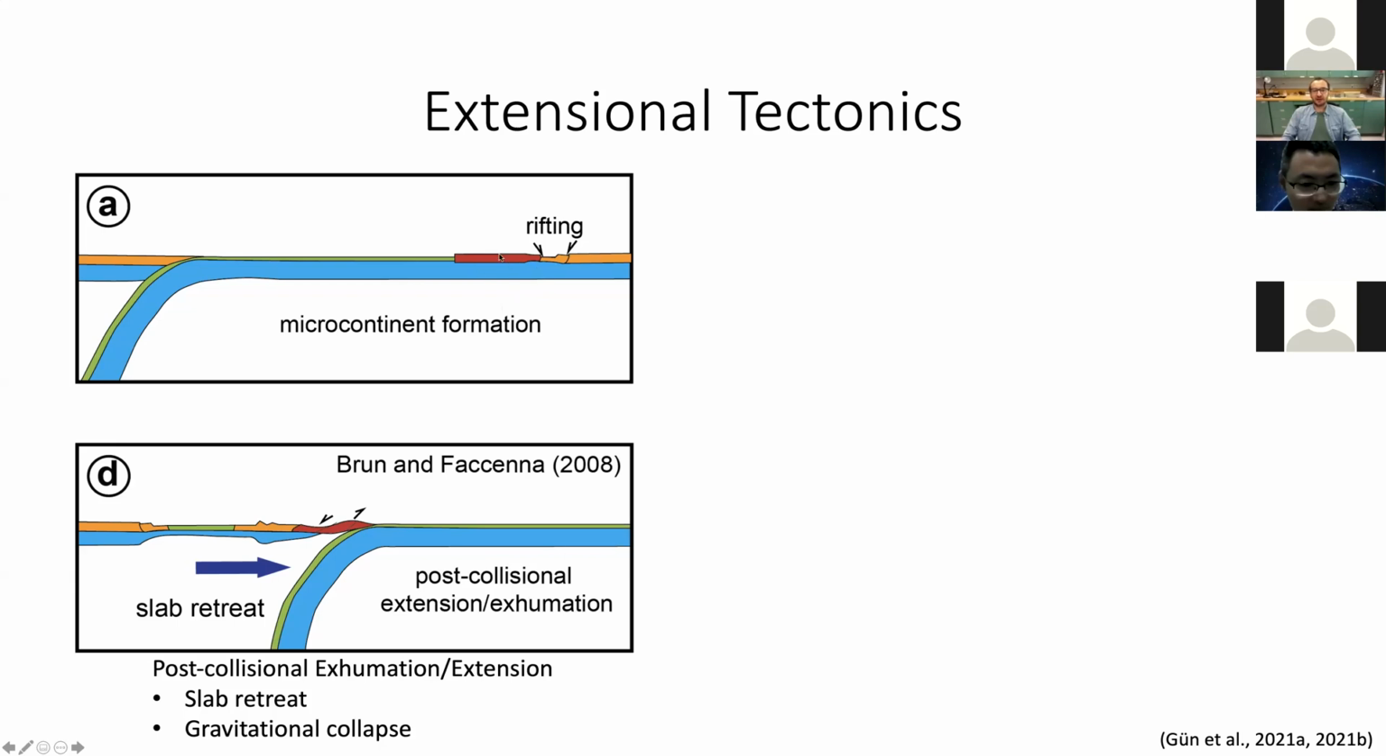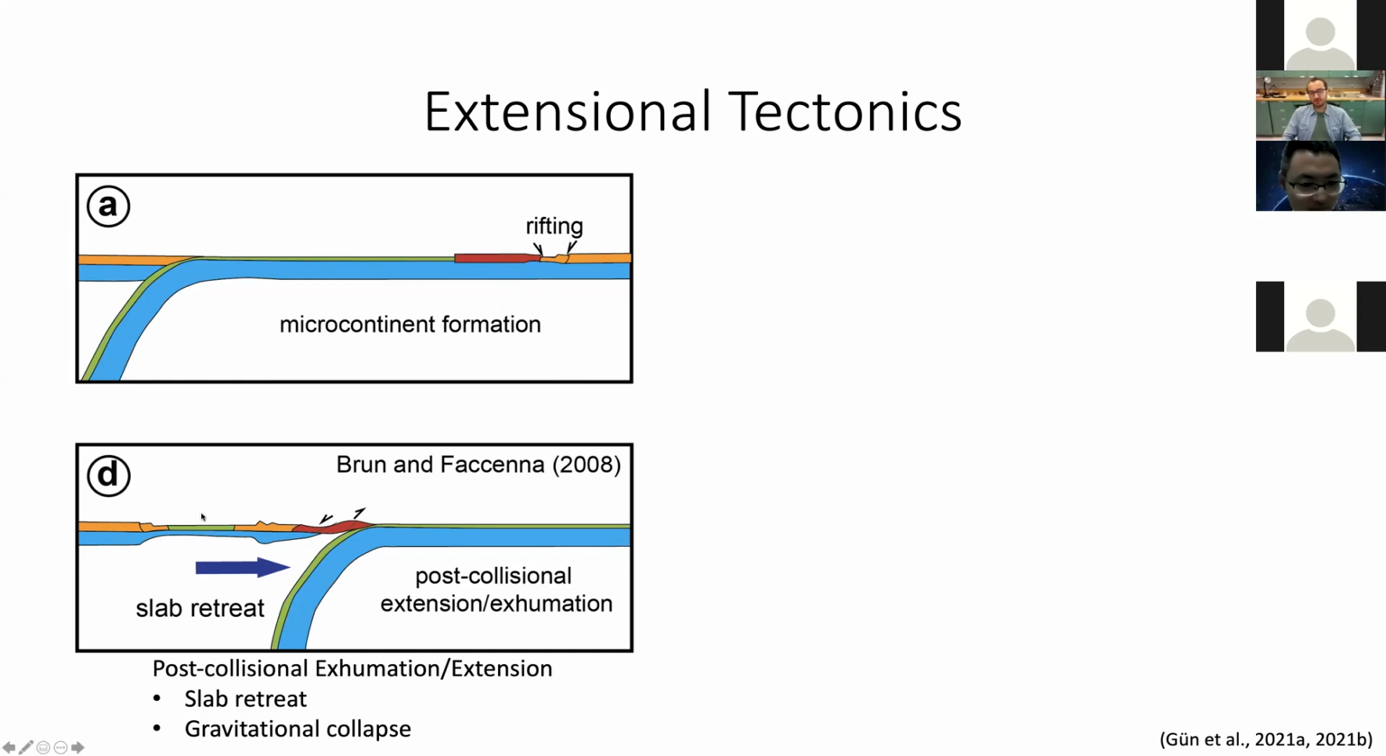So these terranes, microcontinents, move to the subduction zone at a later stage. After that, they collide and accrete to the overriding plate. After that, the new locations of these microcontinents or terranes are now in the backarc region. And with the slab retreat and slab rollback, this part of the subduction